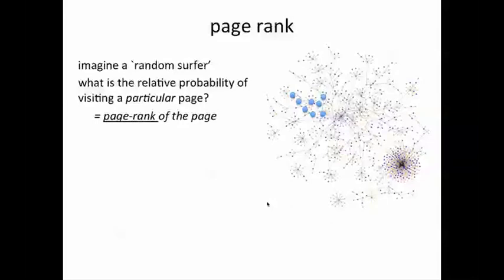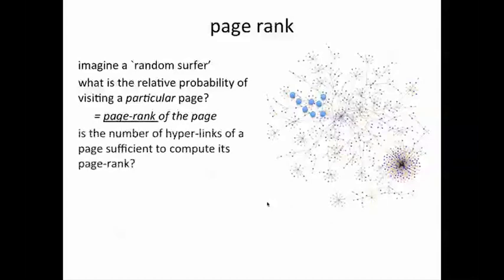Now, it might appear that the number of hyperlinks going into a page is sufficient to compute its page rank. Obviously, if more links point to a page, more likely it is that this random surfer will reach there. Question is, is this enough? It turns out that this is not enough. And the answer is no, because